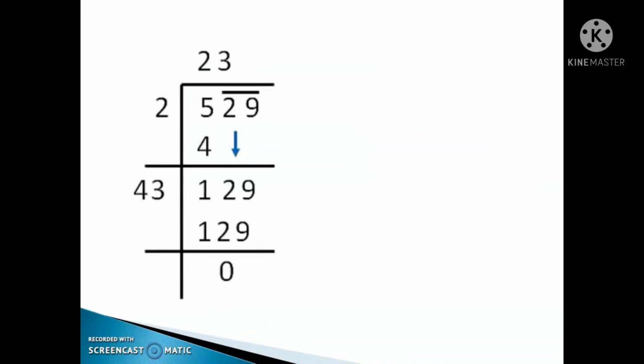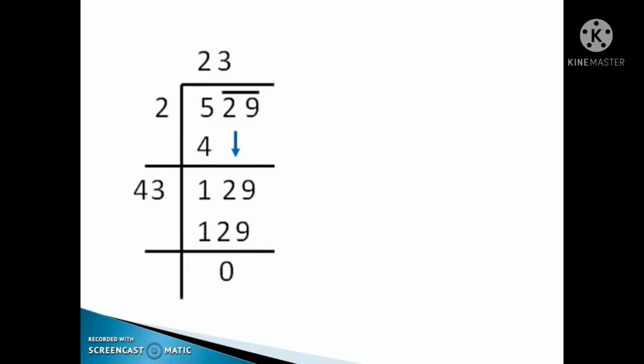Here, you are going to find the square root of 529. I told you, you will start pairing from the units place. That is why your pairing started from 9 and 2, the first pair. Here you don't have any pair, so you leave 5 as such.